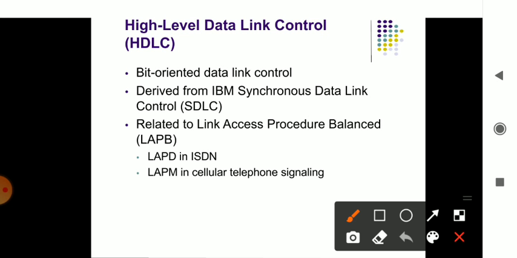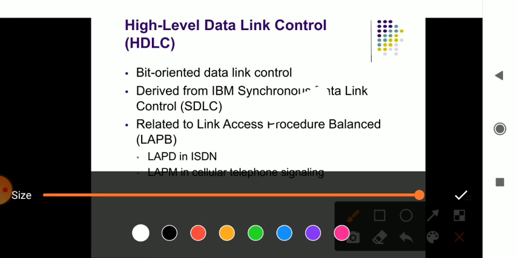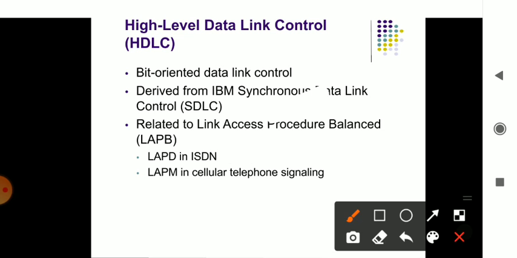Okay, it was introduced from the IBM synchronous data link control concept. So in this you will be learning how these concepts are dealt with. One by one the procedure is followed while the data is being transmitted. As I said, it uses the concept of IBM, and it has two concepts within the HDLC. It's a procedure which will be in the balanced format.